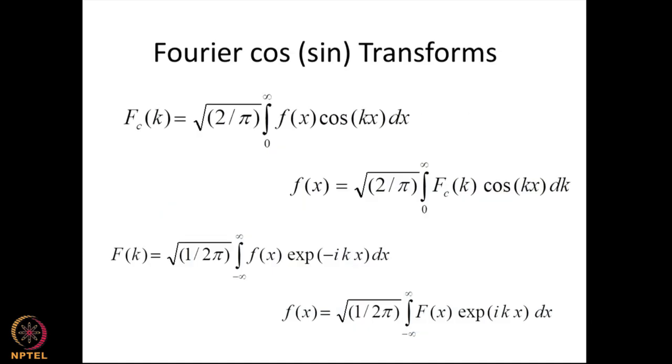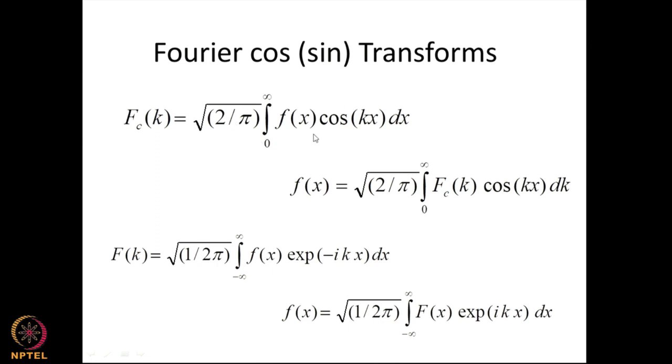Now, before I go into some applications, let me go back and suppose now I want to evaluate this using programming techniques. Now we are all fairly good at evaluating integrals. So, how would I evaluate? I just discretize f(x) into a large number of points. Suppose I have 1000 values of f(x), multiply by cos kx and I can integrate using the trapezoidal rule or Simpson's rule. But the main point is, when x becomes large, if f(x) becomes very large, then this will not converge. So, what is the meaning of convergence? The integral should give you a finite value.